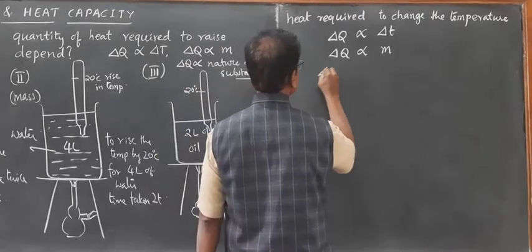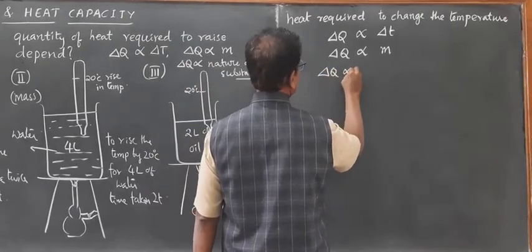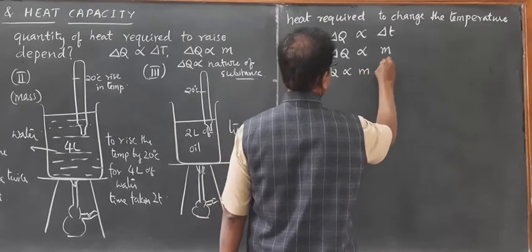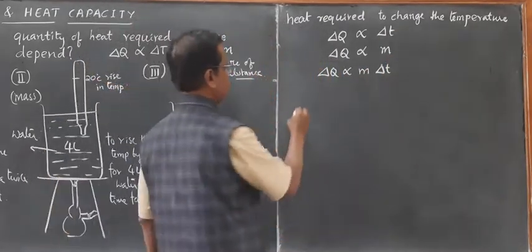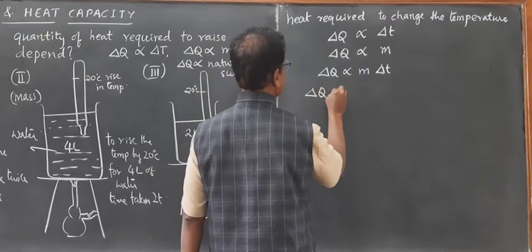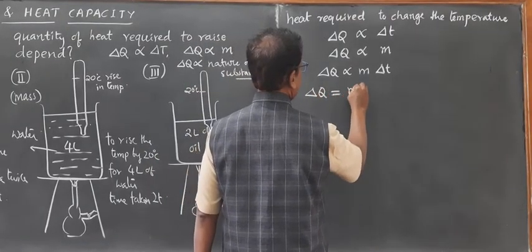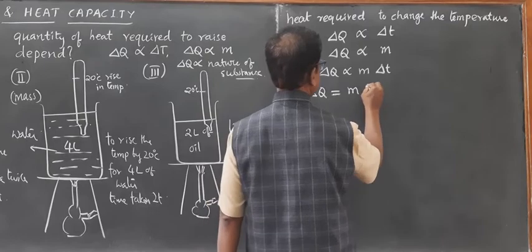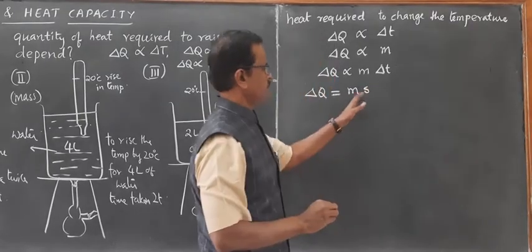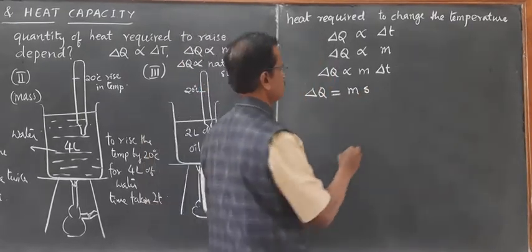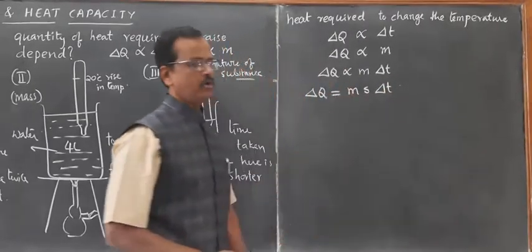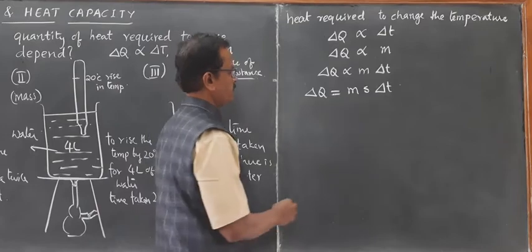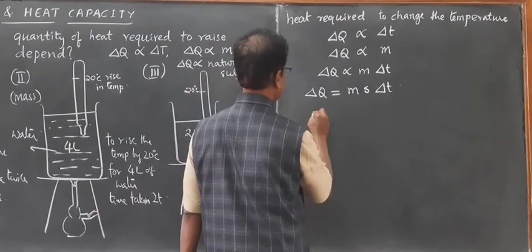Clubbing together, we write directly proportional to m into delta T. Now if we take out this proportionality sign, we get delta Q is equal to m into small s into delta T, where this small s is a constant and is called specific heat, where